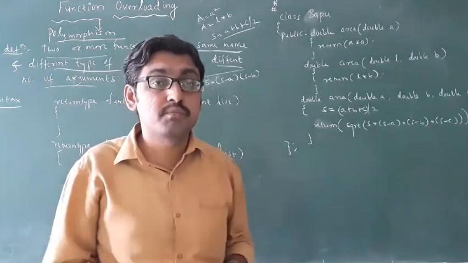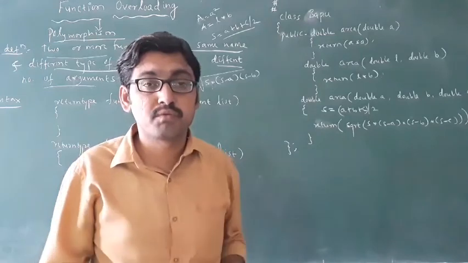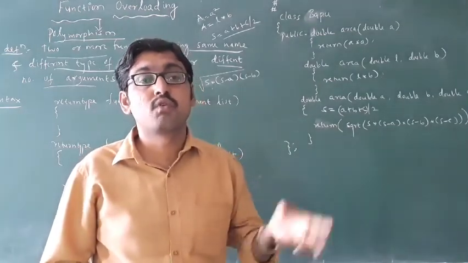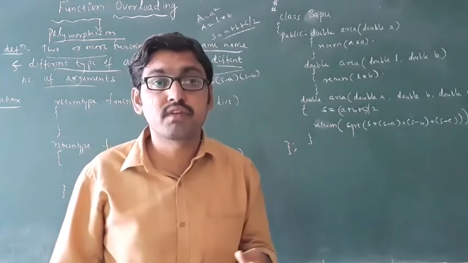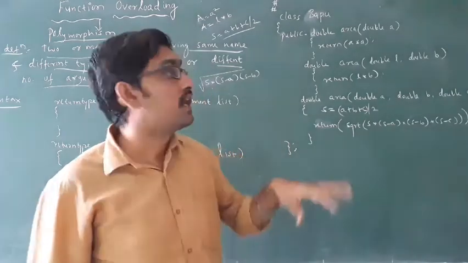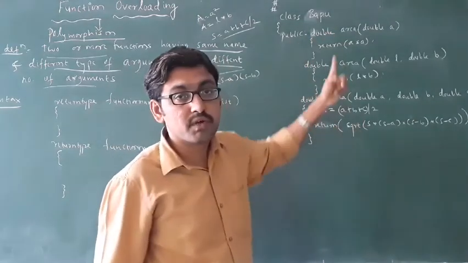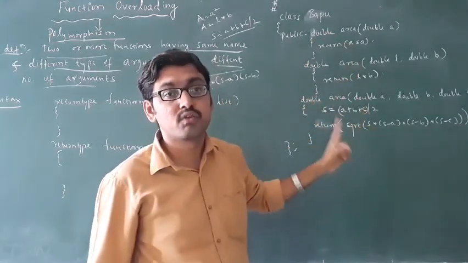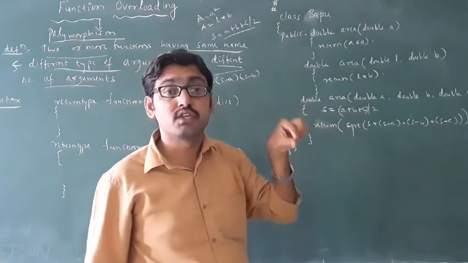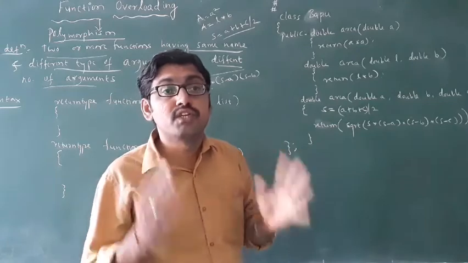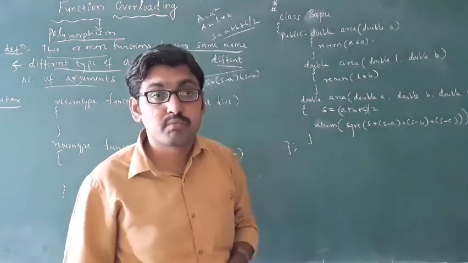Polymorphism, I told you in first year, just you know the definition. Now what is the use of polymorphism, and how to use the polymorphism technique in programs? Like this you have to use it. Okay, you have to use the same function name, but you can use different types of arguments, and then it will execute. That is one of the features of an object oriented programming language.